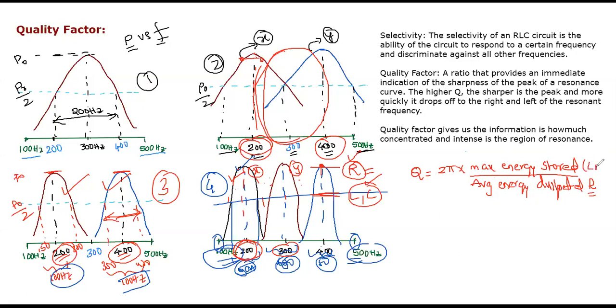This is either L or C. Clear? Now, 2 pi into maximum energy stored means energy stored in the inductor, half L